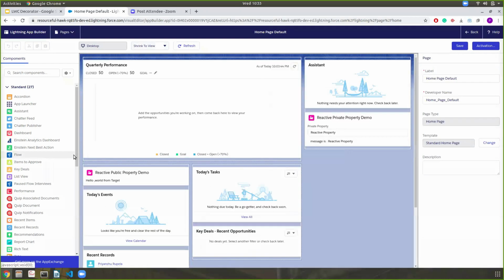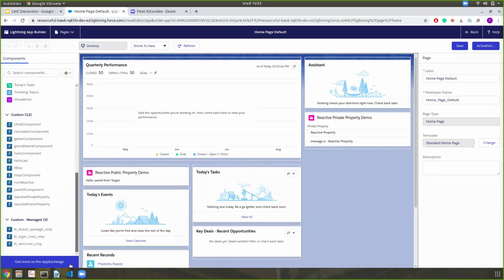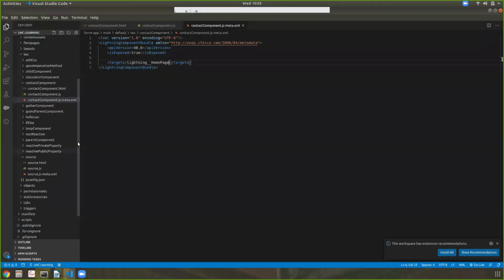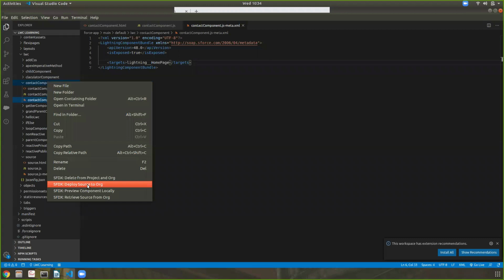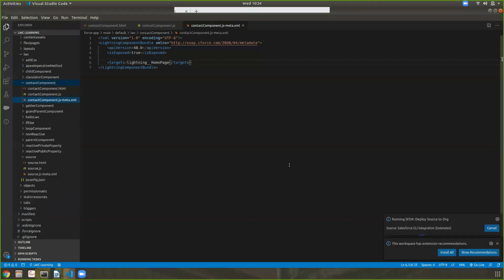So now it will display the component, no, it is not displaying again. Oh, I have to deploy this component first. Deploy source to org. Then it will display there.